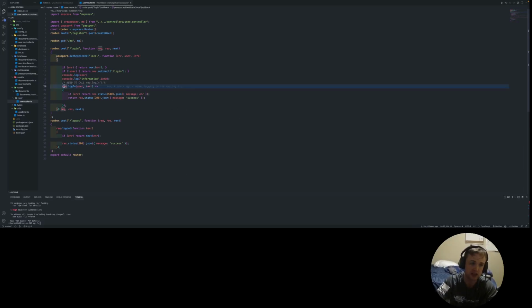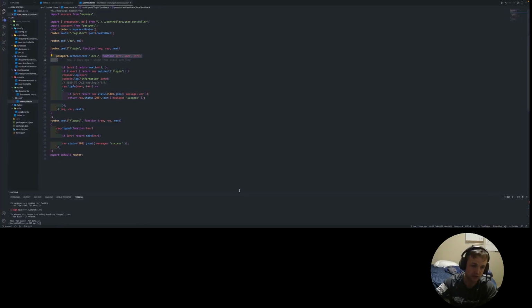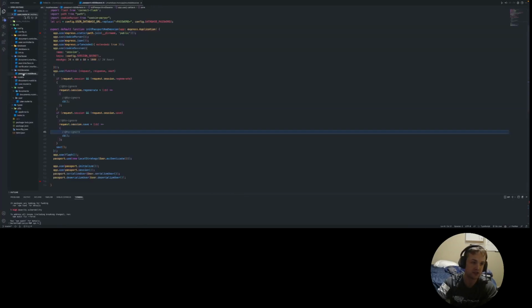And then what it allows you to do is call methods like request.login if the user is authenticated, like if the callback function to passport.authenticate actually returns a user. So you can then call request.login and then send a status of success. What that does is it actually uses the Passport middleware to set a cookie on the session